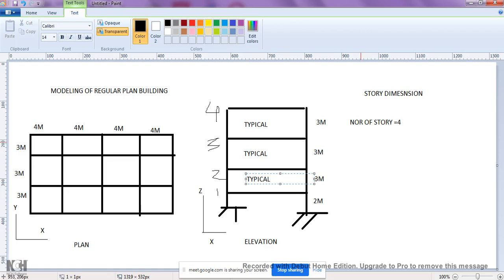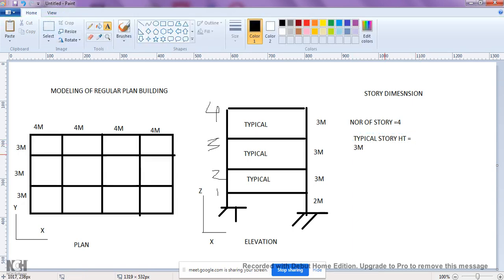So next it will ask you the typical story height. The typical story height is 3 meters.